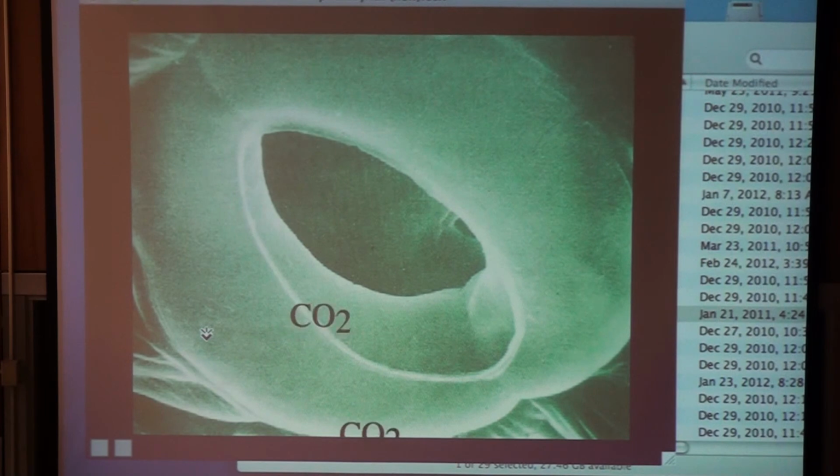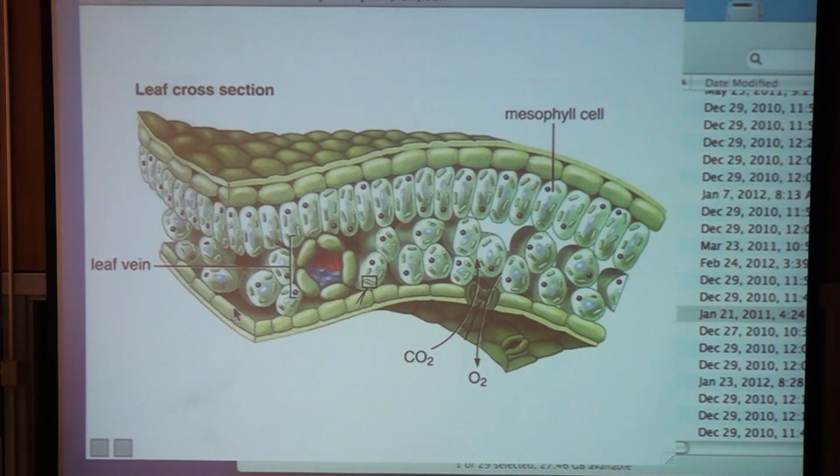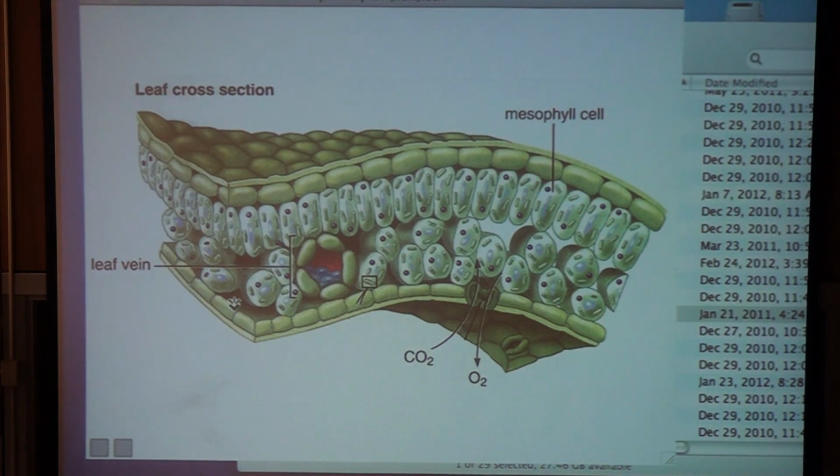And so on hot days, the plants have to close their stoma, just like your lips shut in your mouth. The stoma is shut, but that stops the plant from drying out, but it also cuts down on the amount of carbon dioxide the plant is able to utilize. So on hot days, photosynthesis doesn't work very well, not from lack of sunlight, but from lack of carbon dioxide getting into the leaf. All right, well, getting back to this, so the photosynthesis